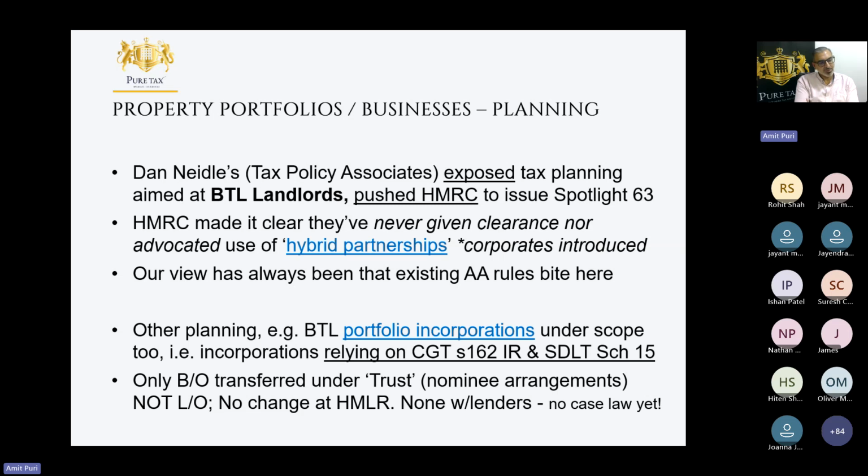Finance costs could be claimed by the corporate because the restrictions on mortgage interest and finance costs only apply to individuals. There were promises of IHT applying to this business now as well. There were lots of promises, but actually, when we used to look at some of this stuff, we weren't comfortable with this because there are old anti-avoidance rules that stopped corporates being introduced into an LLP anyway. We didn't think that worked because HMRC always had the ability to reallocate that excess profit from the corporate back to the individuals. And now HMRC have made that clear in Spotlight 63, but they've gone a step further.